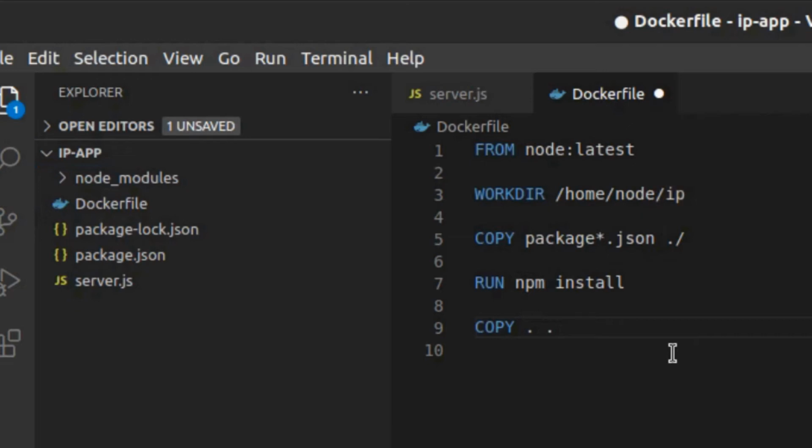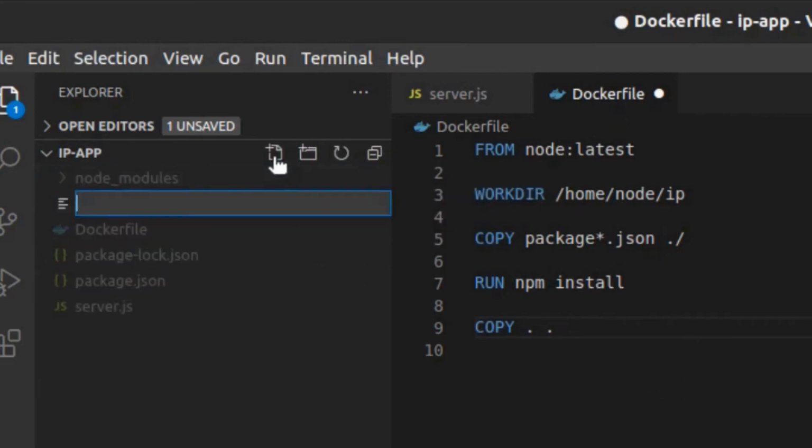We really don't need the Docker file itself as well as node modules, right? So I'm gonna ignore both of them by creating a .dockerignore file, which is just like our .gitignore.